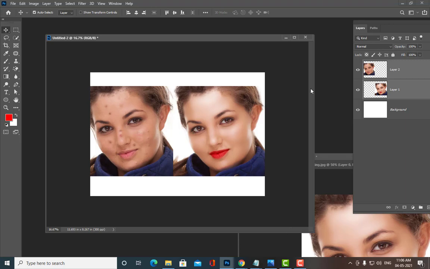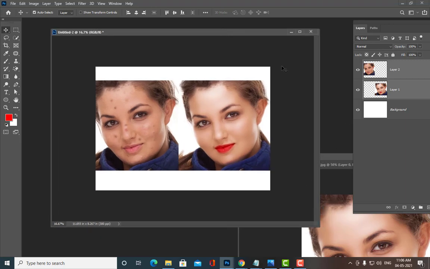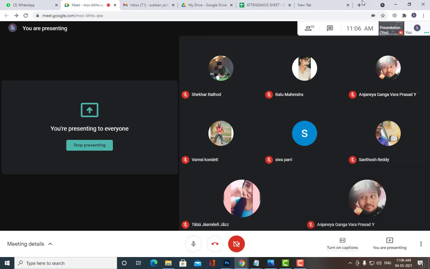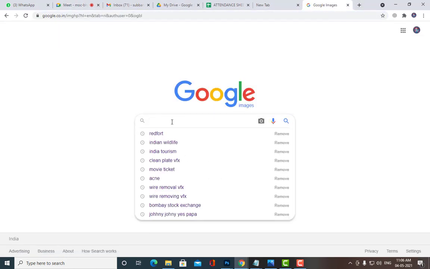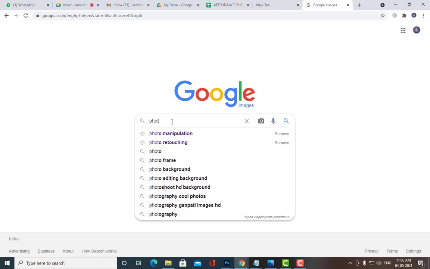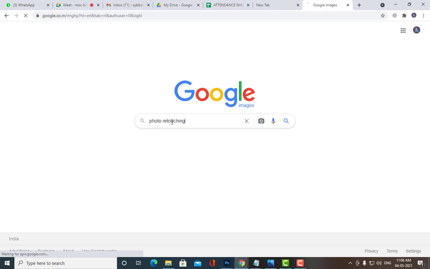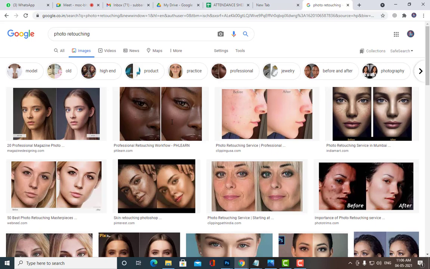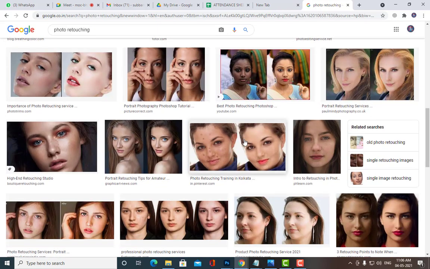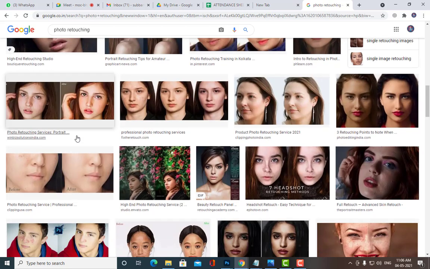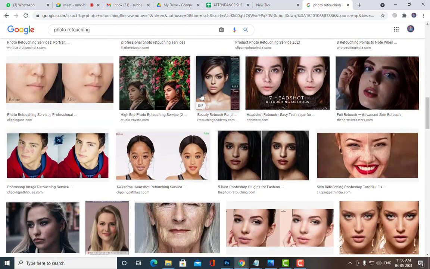so I will give you an assignment for the next class. Okay, two assignments I will give. See, there are many images of photo retouching, but I don't want you to use the same image.